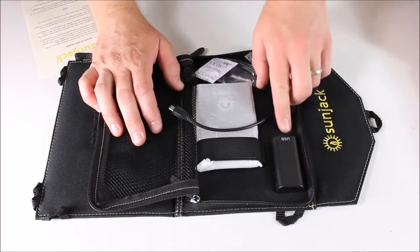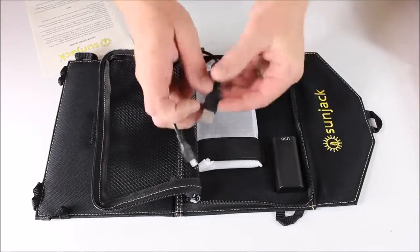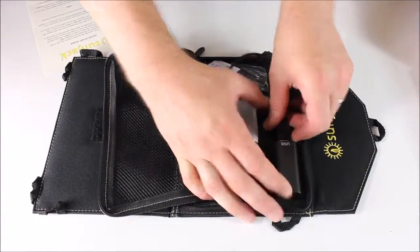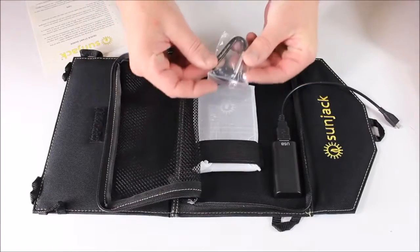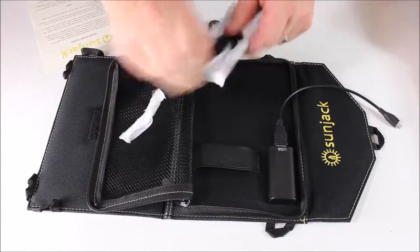here's your USB input down here, and nothing on that side, right? And so here's your little micro USB cord, so you can put this in here like so, and then plug this into a variety of different devices. Silica gel, don't eat that. Here's a little carabiner, and then in here we have,